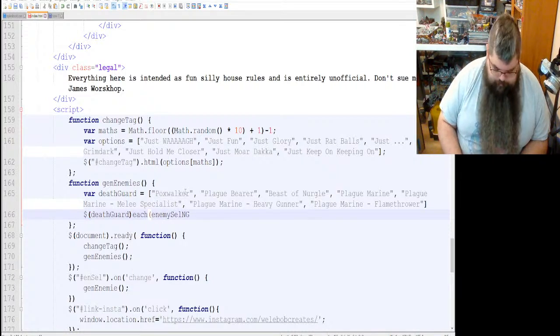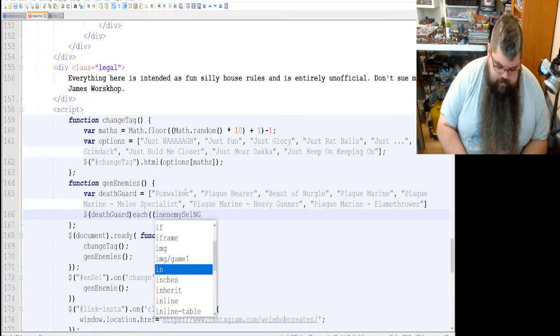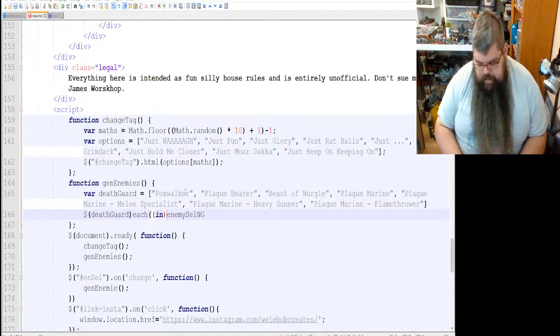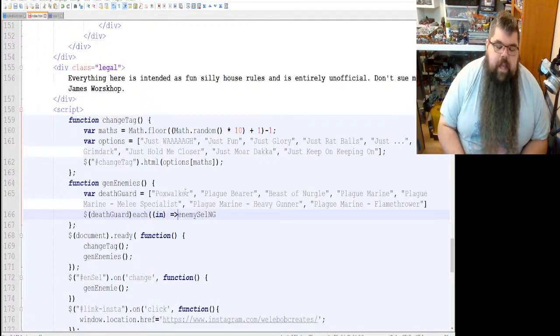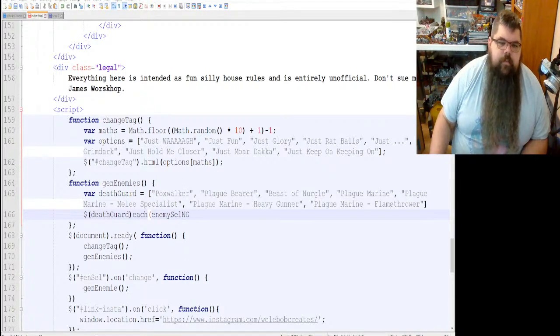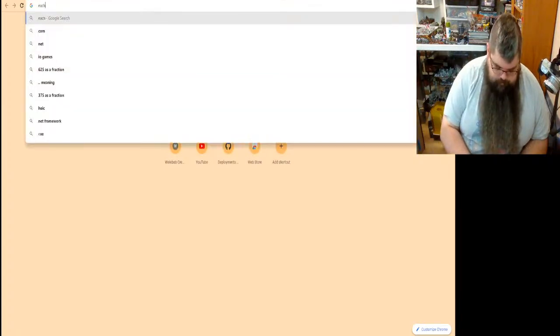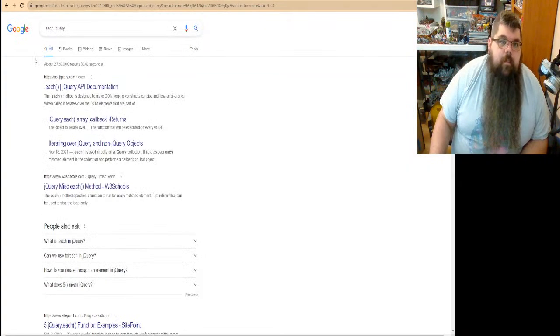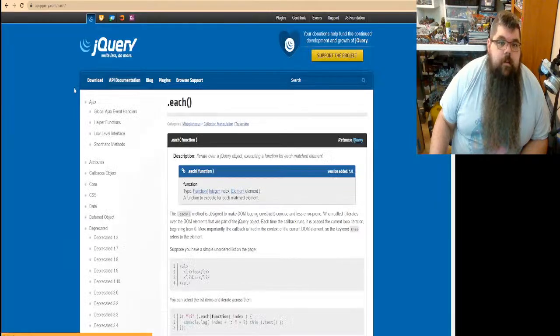Then we're going to have, so in React, the binding looks like that. What does the each binding look like? To the Google machine. Do not remember what the binding looks like for this.